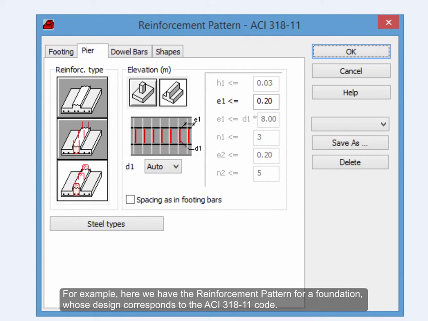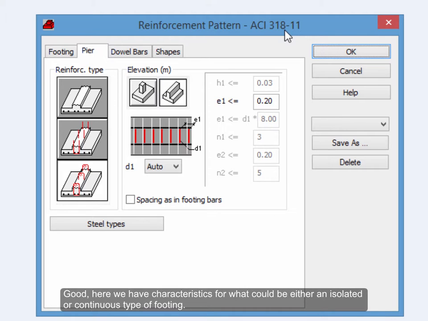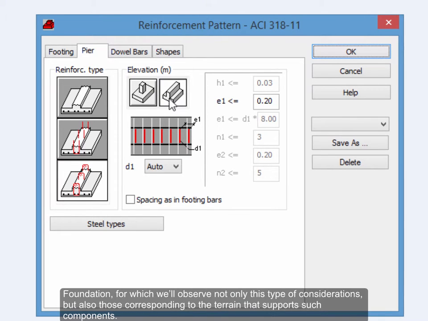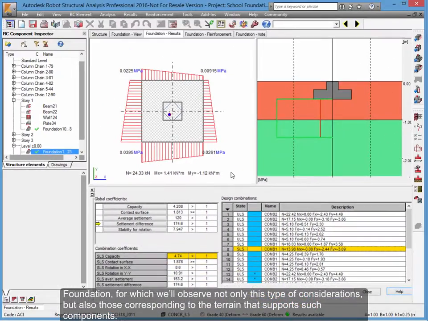For example, here we have the reinforcement pattern for a foundation, whose design corresponds to the ISO 31811 code. Although the currently active code is the 31814, which we'll observe during the development of this video course. Here we have characteristics for what could be either an isolated or continuous type of footing foundation, for which we'll observe not only this type of considerations, but also those corresponding to the terrain that supports